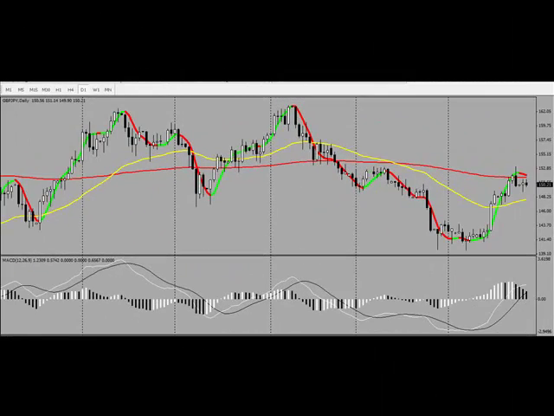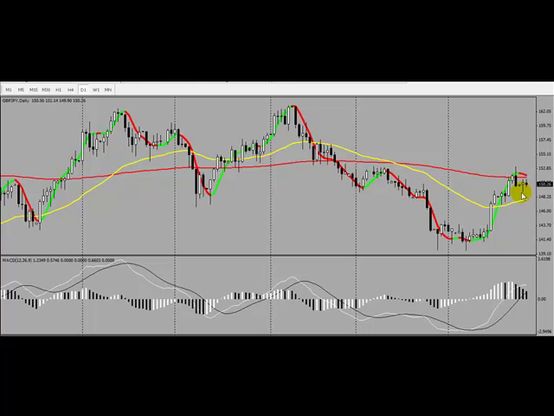Now let's take a look at the pound yen for the upcoming October the 28th session. On a daily chart here, again, the trend has slightly transitioned to bullish. We're hanging out at the 200-day exponential moving average, as you can see right here. And you're not very clearly able to see it at this particular point, but as we move into the lower